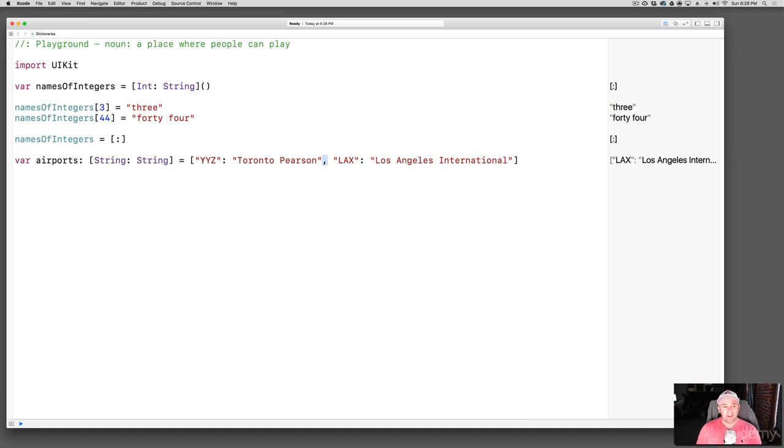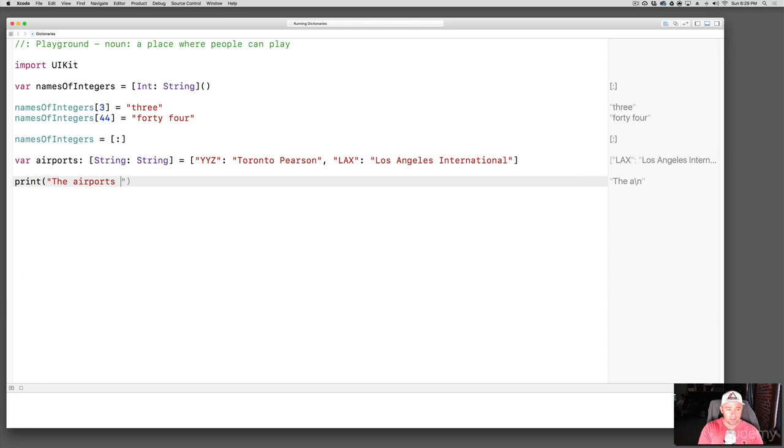And we didn't have to explicitly declare it like so. We could have used type inference, and it should just work out of the box for us, indicating that, yes, this is a string key and this is a string value. Pretty cool. So now we've got our dictionary full of airports. And there's some other things we can do with this. We can print the airports dictionary has, and let's use some string interpolation,